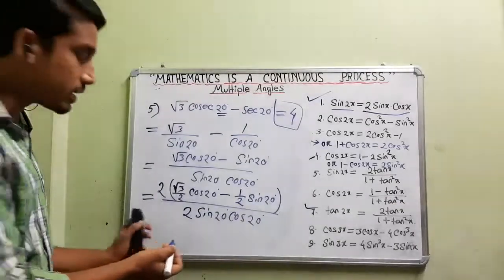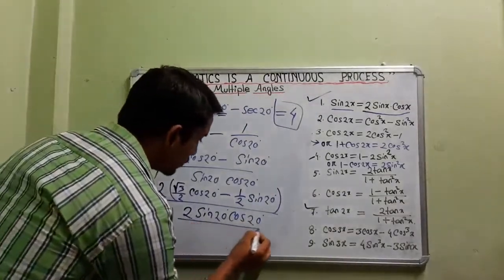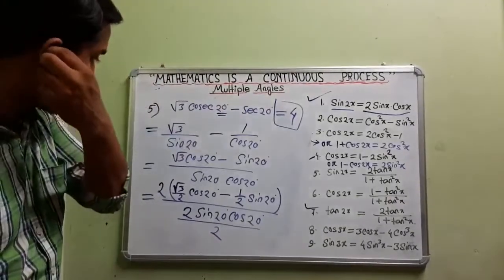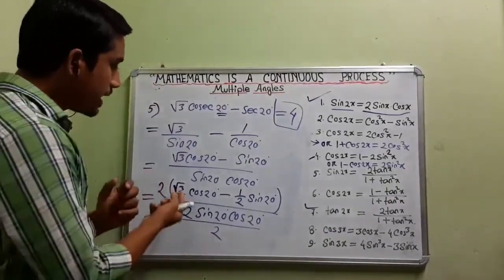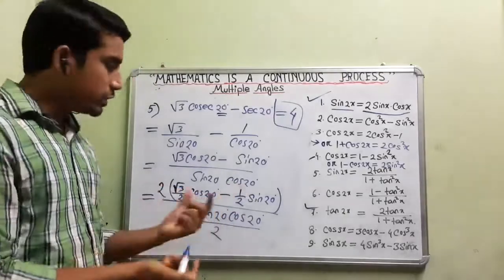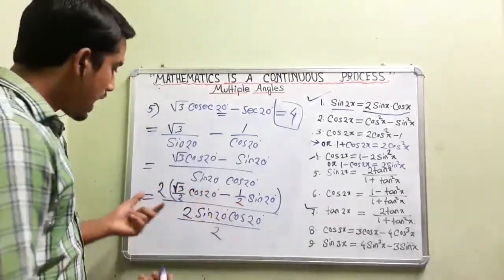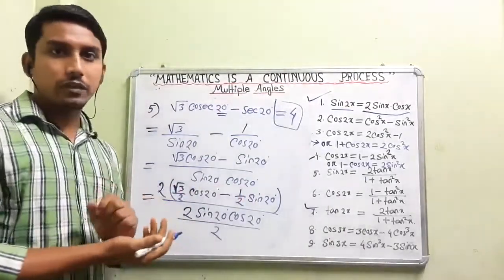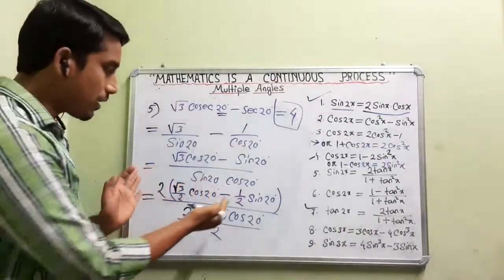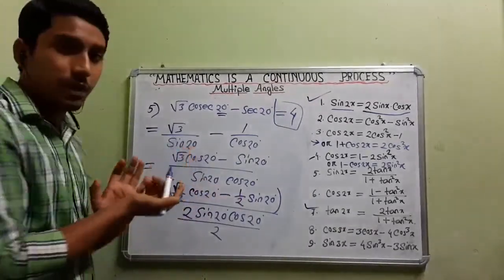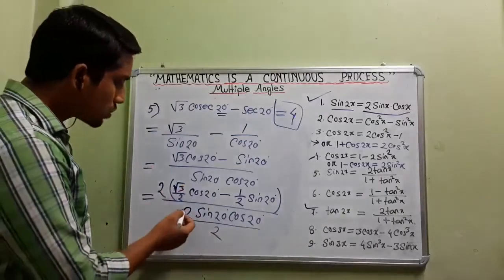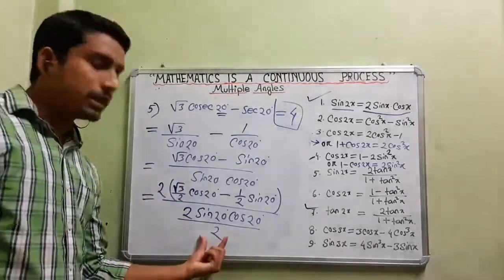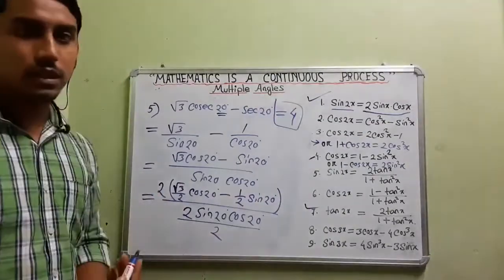Okay, so 2 sine 20 degree into cos 20 degree I have written, but this 2 was not there previously, so I need to again divide by 2. So that is what I have got till now. Again I am telling, in the numerator I have divided by 2, and as I have divided by 2, I am multiplying another 2 in the numerator. We cannot divide only; the line should be justified. After taking half common, you will get again the previous line. Again in the denominator also we needed 1/2, so I have multiplied by 2, and as we cannot multiply only, that's why I have again divided by 2. So you see all the things are justified now.